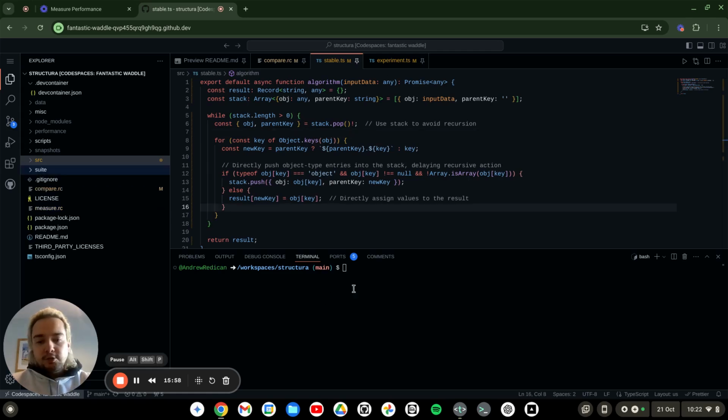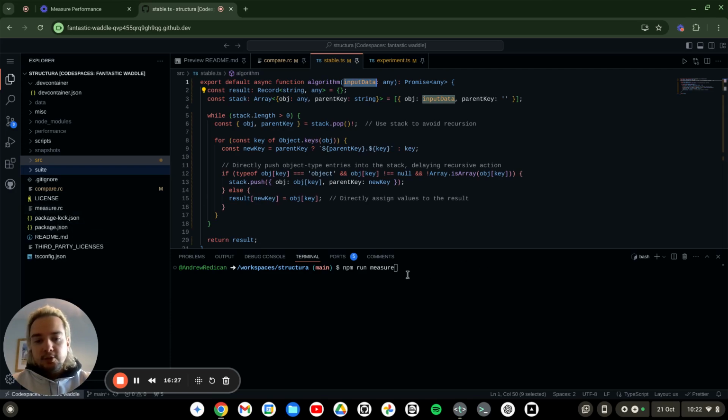You can use npm run measure to measure the performance of your algorithm. It's going to be executed X amount of times, and the input data is going to be supplied for you, so you don't have to think about that. Your only concern now is to focus on writing the best algorithm that you possibly can